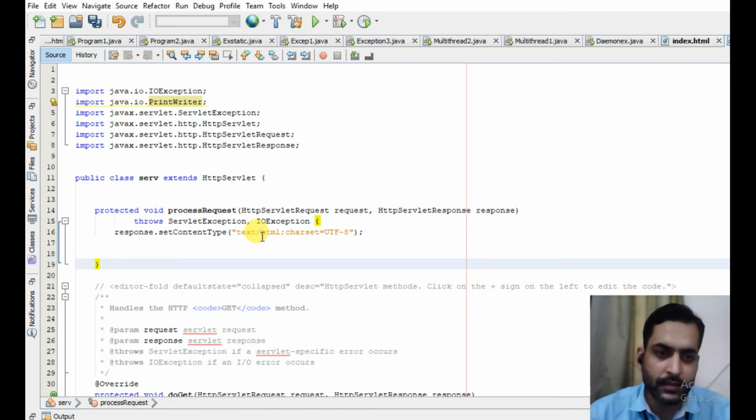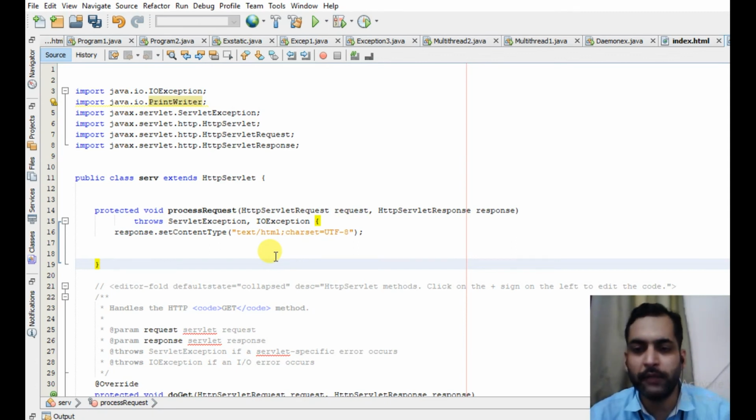We can change this content type to application/word or application/pdf to send the output as PDF file or Word file, or maybe in some other format. So we can change the format of response using this line, response.setContentType.